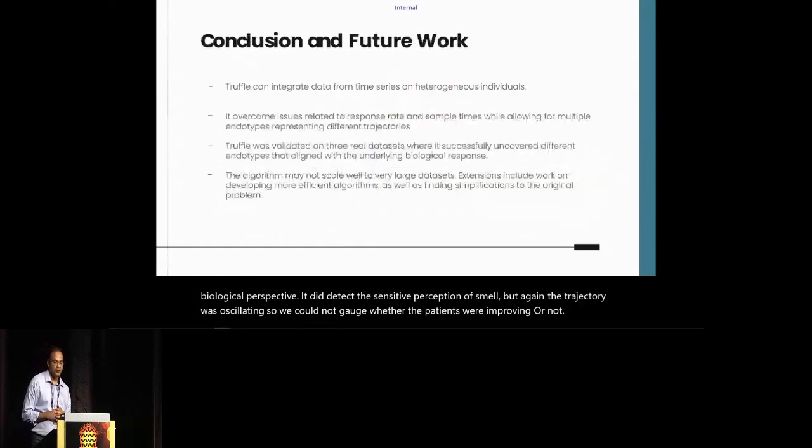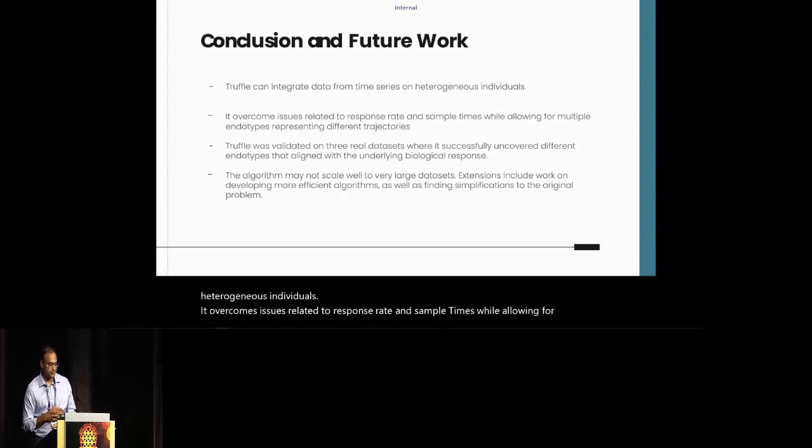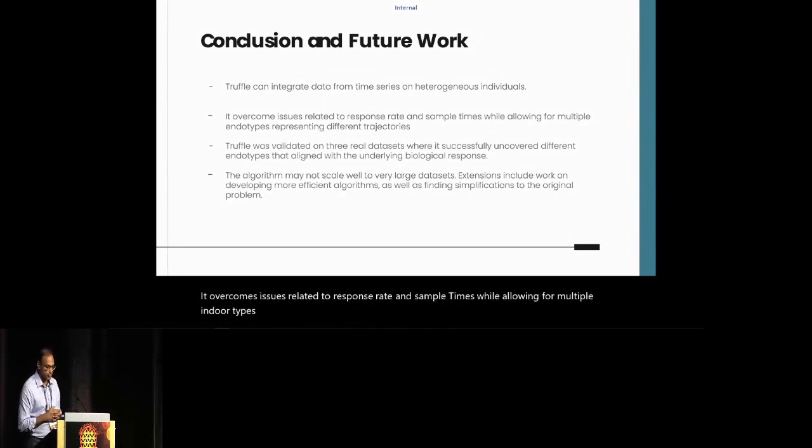So to conclude, we have developed a method that can integrate data from time series on heterogeneous individuals. It overcomes issues related to response rate and sample times while allowing for multiple endotypes representing different trajectories. We validated Truffle on 3 data sets, and we were able to successfully uncover the